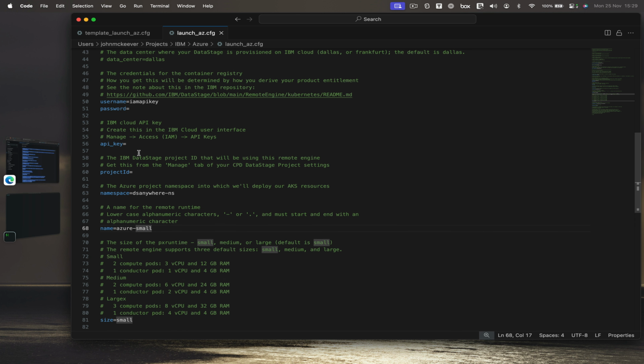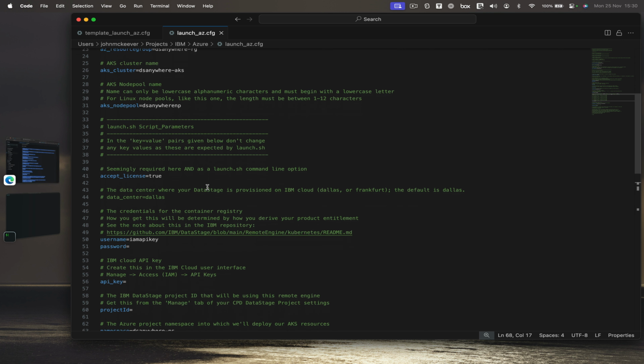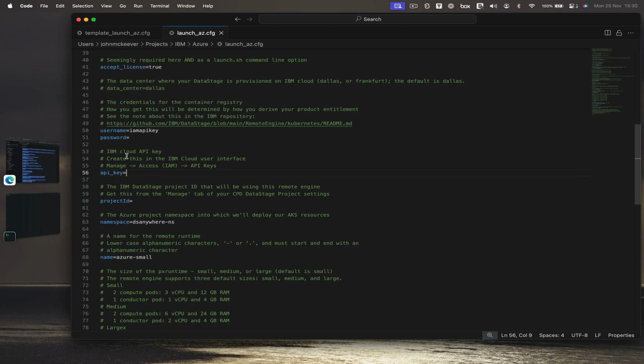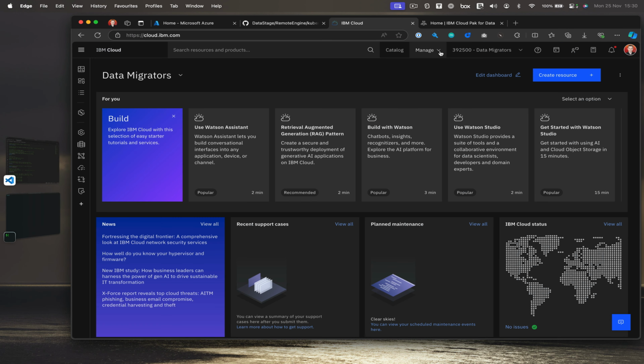So let's start by going to our various services and collecting the information we need. So the first gap I've got here, other than this container registry set of credentials that I'm going to enter off screen, which I'll do later, the first thing I need is an IBM Cloud API key. So that's easy enough to get. I'm going to go to my IBM Cloud environment. I'm going to go to Manage, Access IAM,